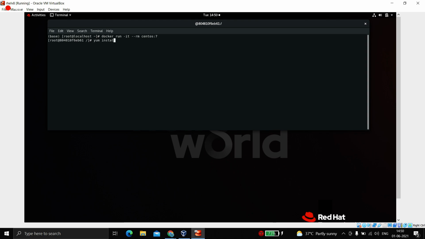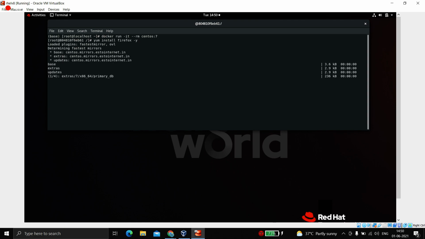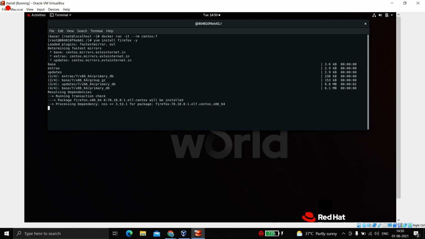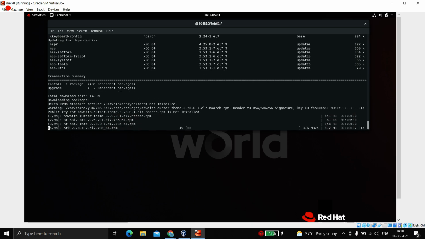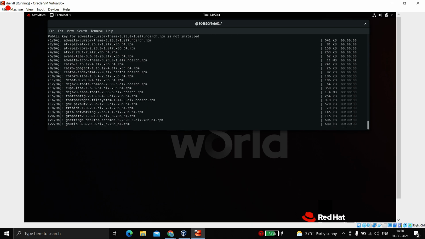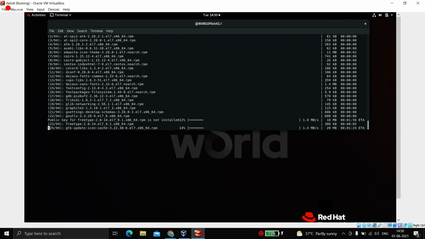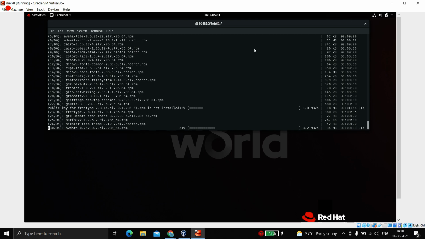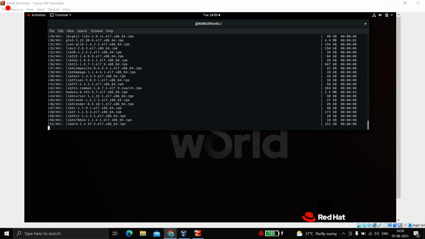So once we are in here, we need to install some packages. Let's say I want to run Firefox as a program, so obviously I need to install Firefox. So install the Firefox, and a few more softwares we will also need, and I'll tell you which softwares we are using and why. This installation process might take some time because they are a bit bulky, we can say.